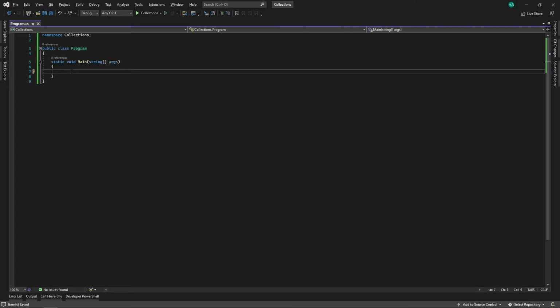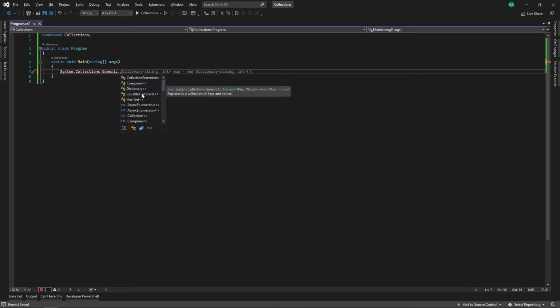So what are the collections? Well, the collections are the classes that help us to store or retrieve data. How can you access the collections? Well, they are all gathered under a namespace, System.Collections.Generic. Now you can see a bunch of them called Dictionary, Comparer, Collection, even some interfaces like ICollection, IComparer, which